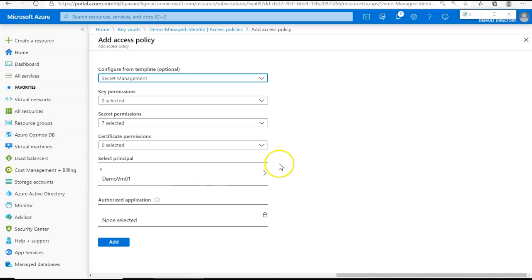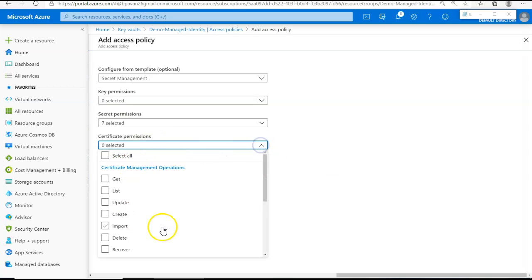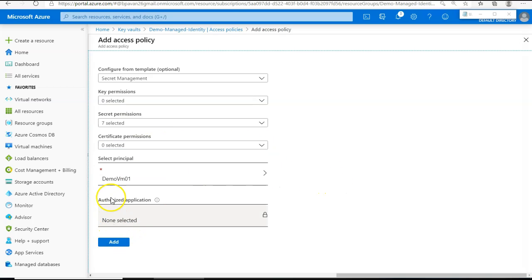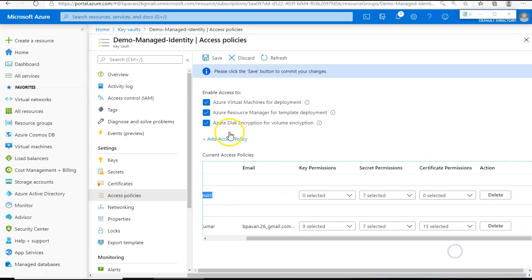So I'll just go to the secret permissions. I can show you, all these are showing. In this demo, I would be using get and list values. I don't need other values, but I just selected the template. You don't have anything with the certificate. So I'll simply click on add, and that would actually configure my access policy. So you see here now under applications, you have one principal which has that identity with the assigned access policy as secret. So it's time for us to connect to the demo VM01